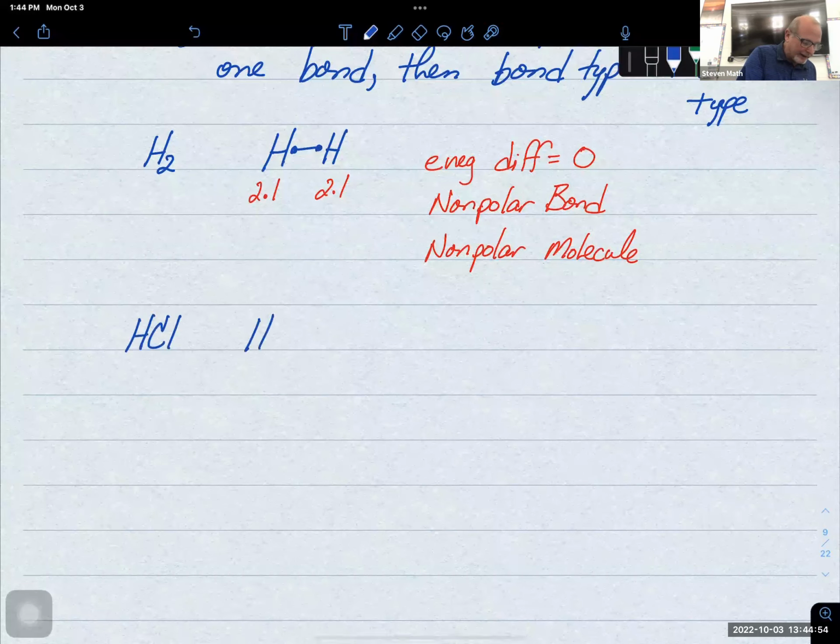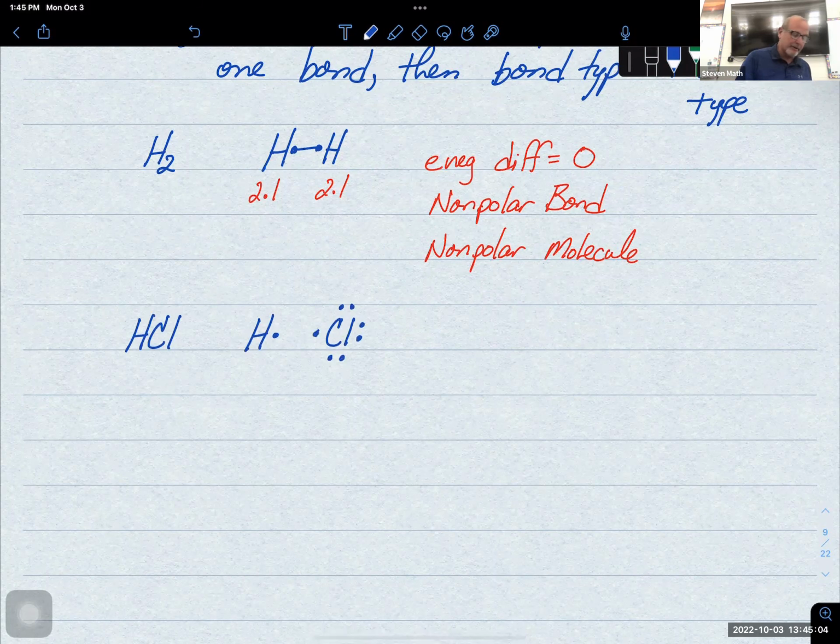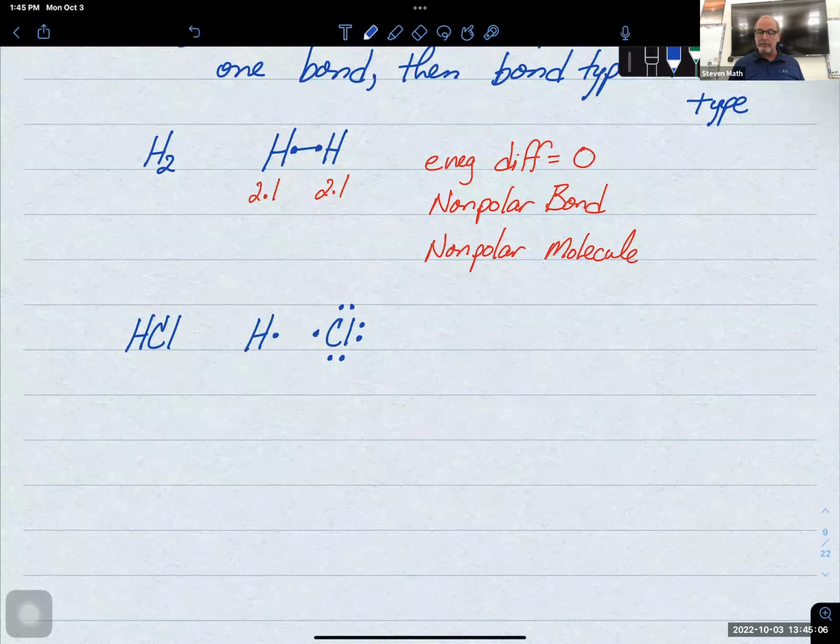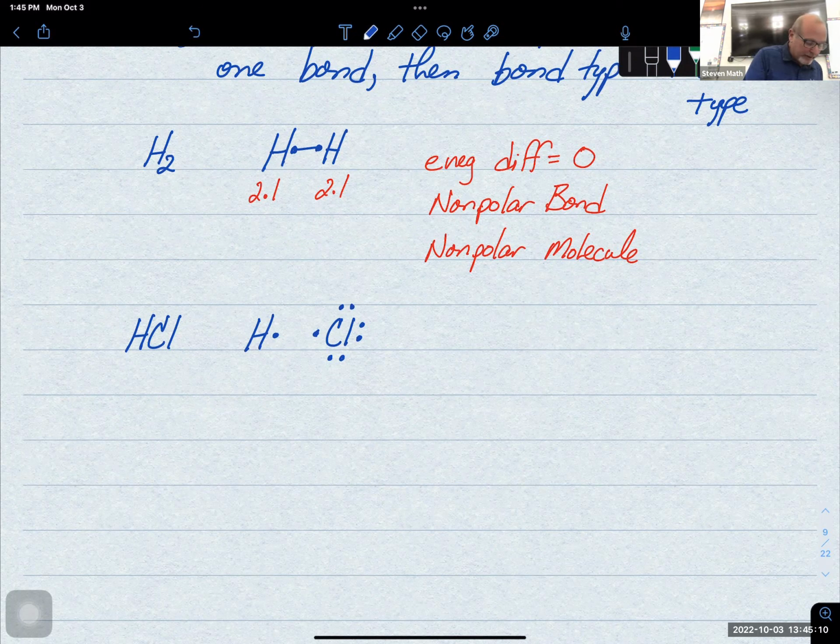Well, now I put my hydrogen there and I put one dot with it. And then I put my chlorine over here on the other side. And I go 1, 2, 3, 4, 5, 6, 7. And how convenient. Each one of these has a lone electron. And so if we make this bond between them,